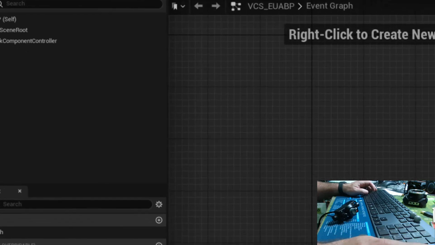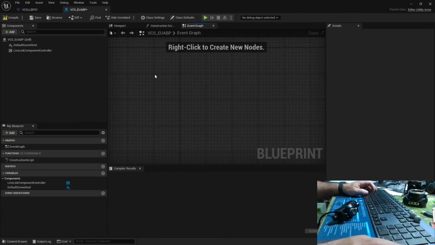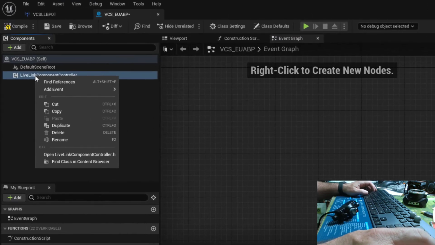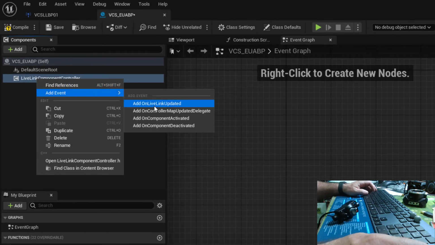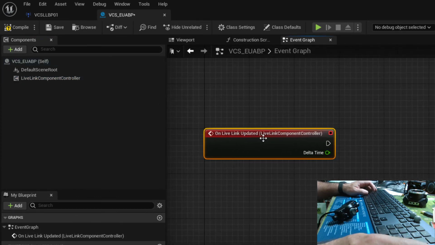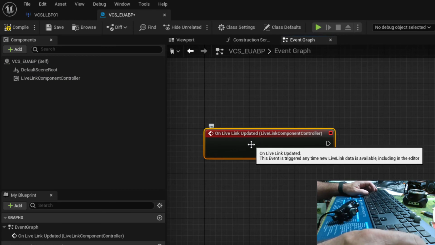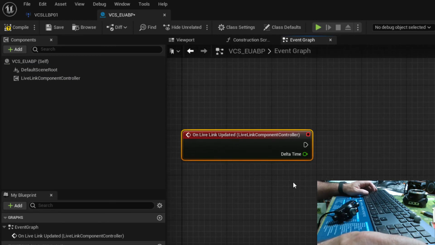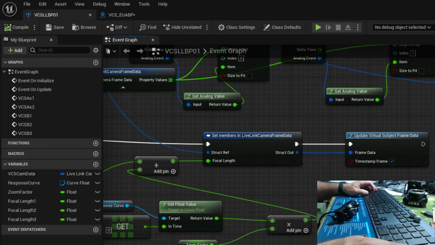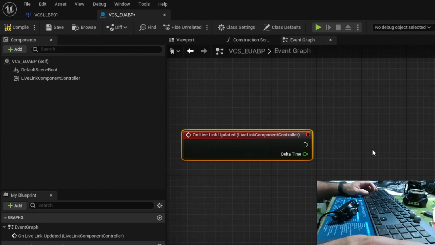And let's just go full screen with this for a second. And so in order to respond to updates in the LiveLink data, we're just going to right click, add event, and choose On LiveLink Updated. There we go. So now anytime we get new updated data through LiveLink, we'll get this triggered, fired. Again, back in our original blueprint, we are firing that event with this update virtual subject frame data. So this is going to fire that event in the editor, broadcast it out, and we just need to, well,